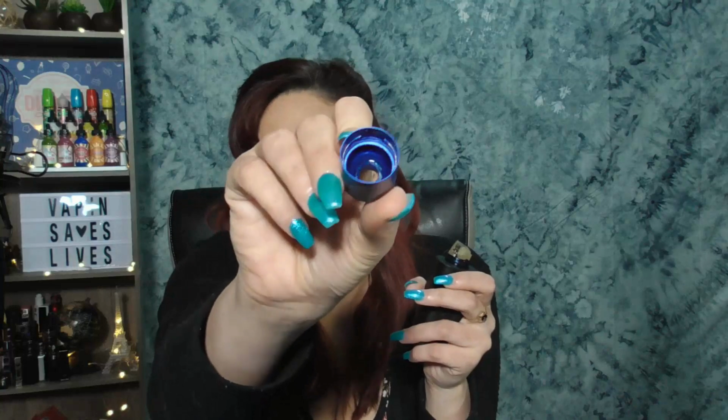Now let's talk about cons for this device. So I did find one con, and it's really not anything with the design or the machining of it. It is going to be that the paint is flaking off on the inside of the top cap, which may not be a big deal to a lot of people out there, but for me, I would have rather them just not painted the inside of the top cap than to deal with paint flaking off. And I noticed that the paint is only coming off where the track rubs against the base. So it may only come off in that area and never come off anywhere else on the RDA,